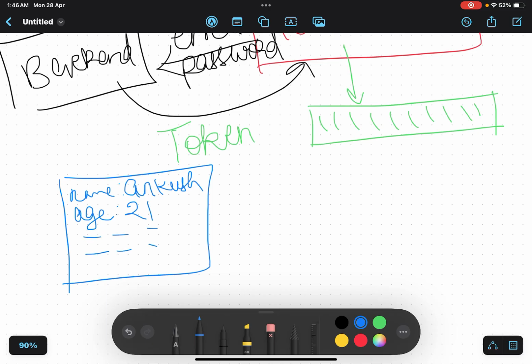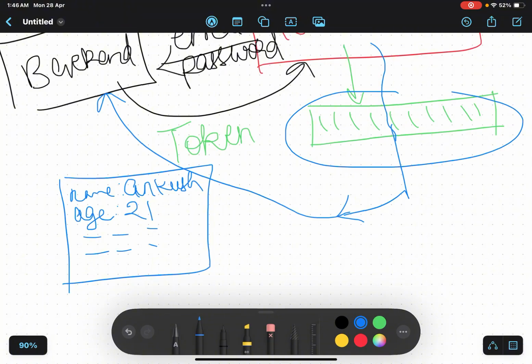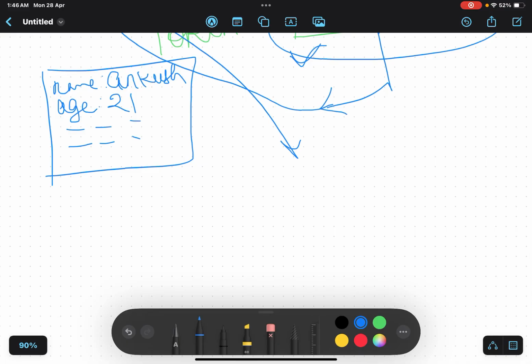You can have multiple information, a lot of fields of information, and I want to gather all this information about the logged in user. How will I get it on the front end? I will simply put a request to my backend. Let's say this is my front end, and this front end will make a request to my backend, and in this request, it will include this token every single time. Every single time when I want to get the information of the user, or I want to get a protected route, I will include this particular token in the request. And then this backend will verify this token.